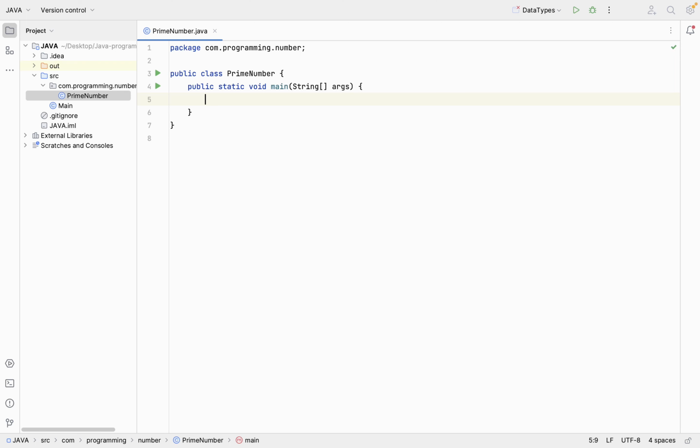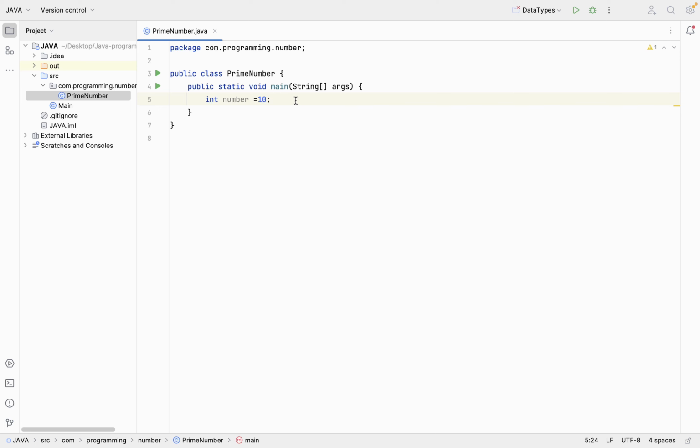So what we are going to check is whether the number is prime or not. Suppose we have one number, 10, right? We already know that this number can be divided by 2 and 5 as well as 10, but it should be divisible only by 1 and 10, whose remainder should always be 0. But here it is divided by 2 and 5, so it is very clear that this number is not a prime number. Now, how can we check whether it is a prime number or not with the help of coding?